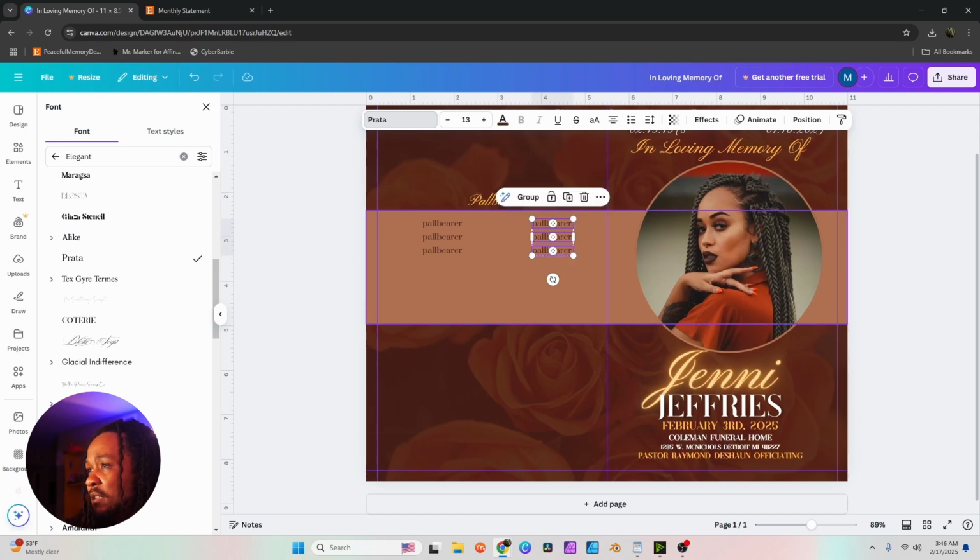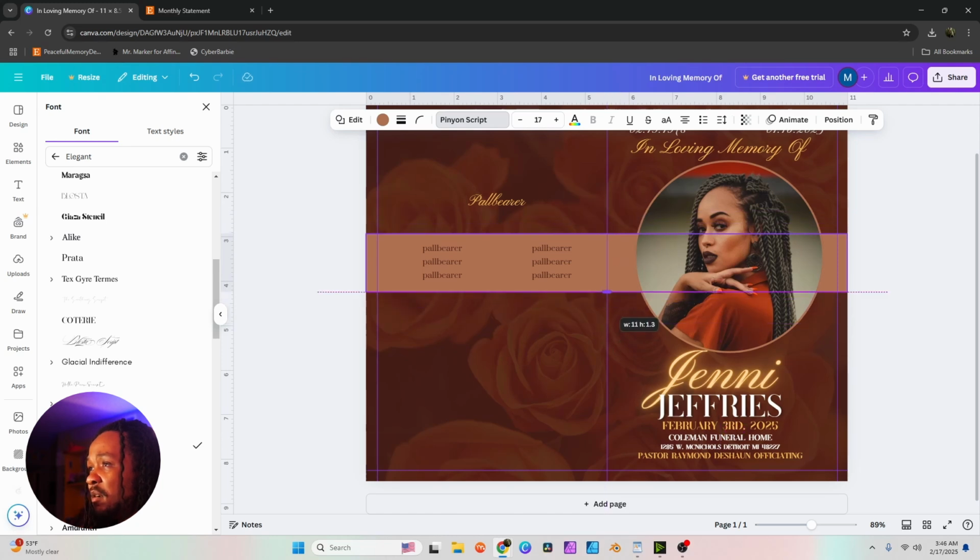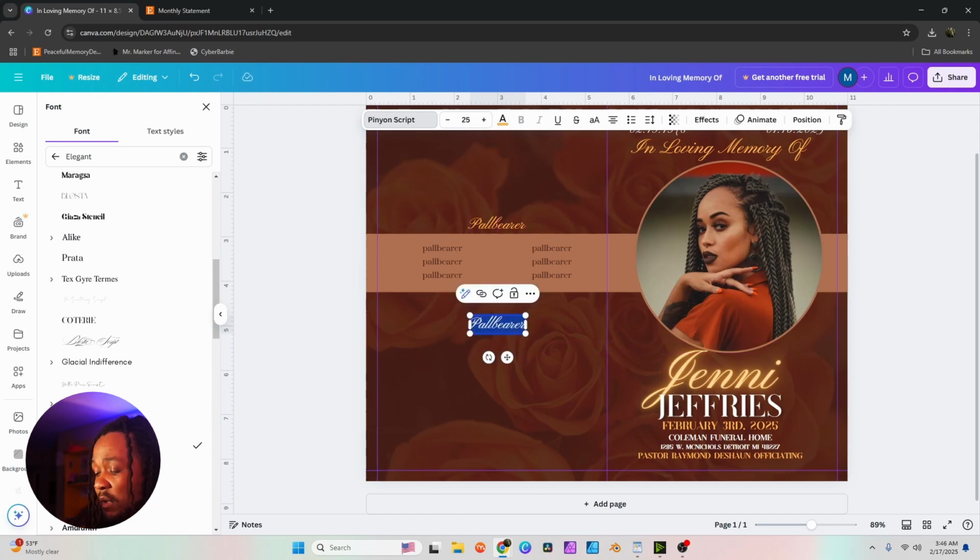and I feel like there's a misbalance here. So we'll pull this into the center, and then we'll make this part here not as thick so that we can list our pallbearers there. We can bring this down some more, and then underneath, let's duplicate this and bring it down here, make sure that it's centered, nice and centered, and we'll put